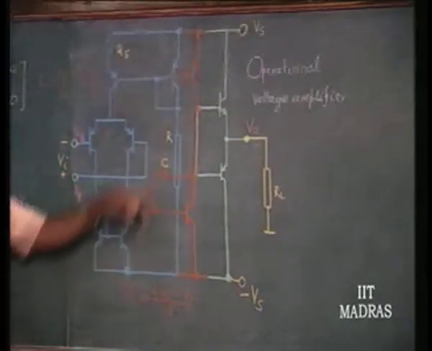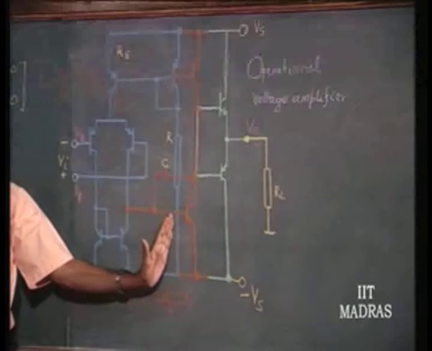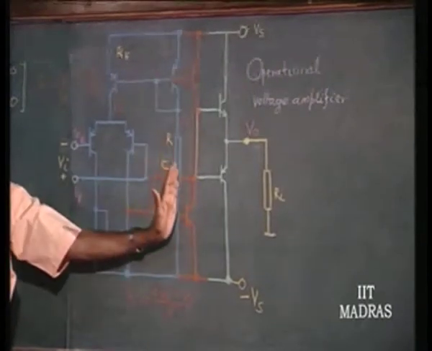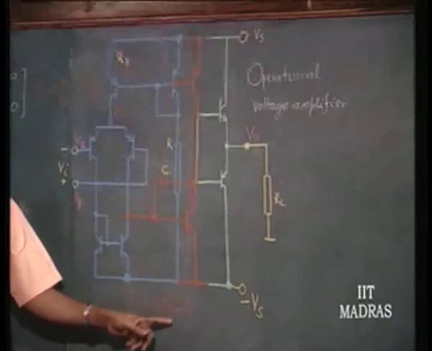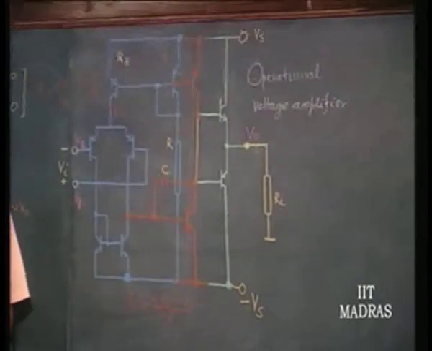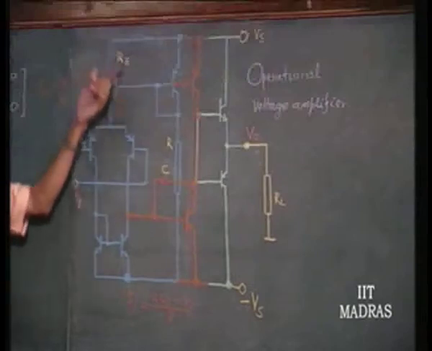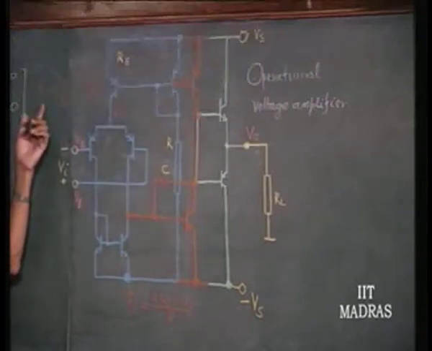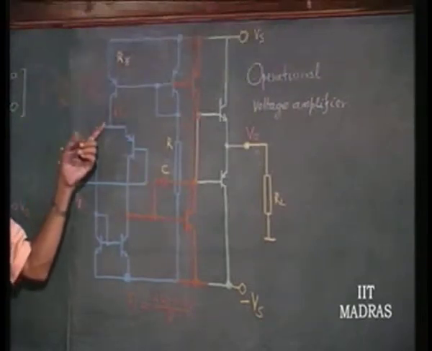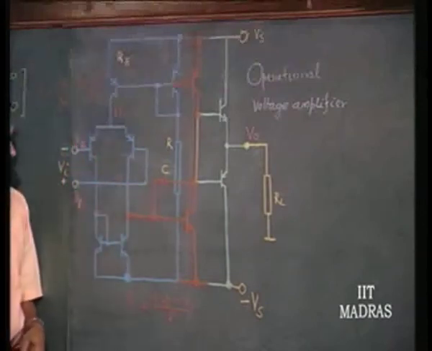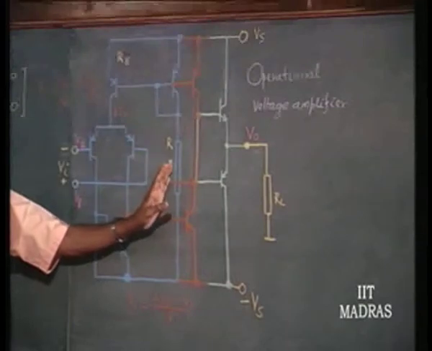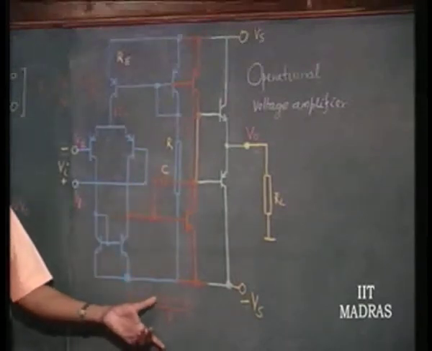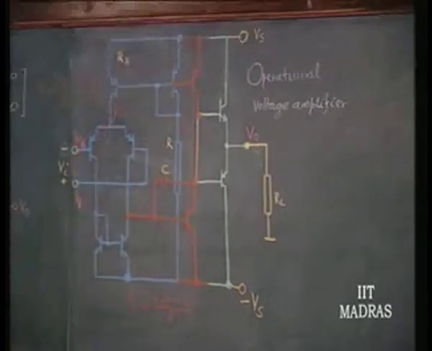The main biasing current, which is taken as the reference, is going to be (2Vs minus Vγ) by R. Using this equation, you can solve for I2 and get its value. In a typical situation, R will be of the order of tens of kilo ohms, and this current is going to be of the order of milliampere, and this current is going to be of the order of